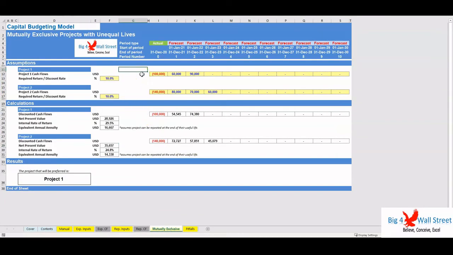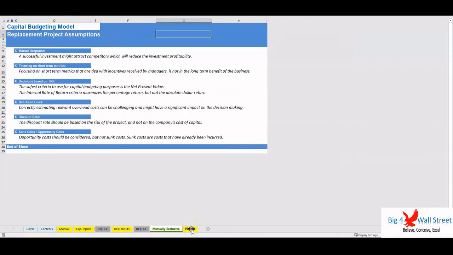be repeated or replicated at the end of their life. In this case, the net present value criteria cannot be used, and we need to use the equivalent annual annuity concept to compare these two projects. Finally, we present a set of capital budgeting pitfalls which have to be taken into account in any capital budgeting